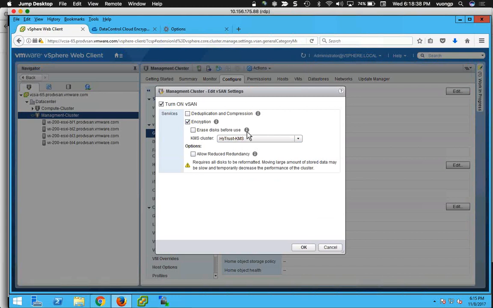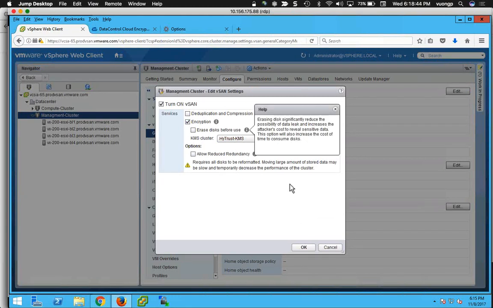Erase disks is to ensure that if there's anything on there originally, you want to make sure it's wiped. If you don't want to, you don't have to do that at all. It depends on your environment, whether it's greenfield or what have you. Reduce redundancy also depends on your environment. I currently have a greenfield environment, so that's not a concern. So if I click OK,